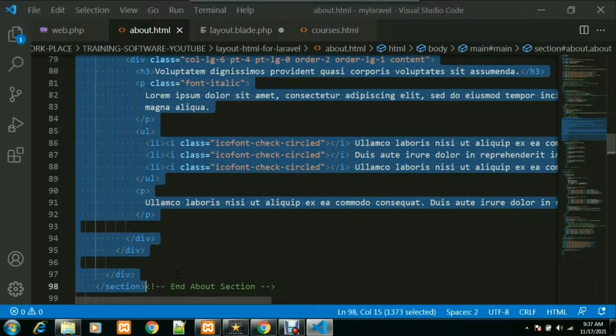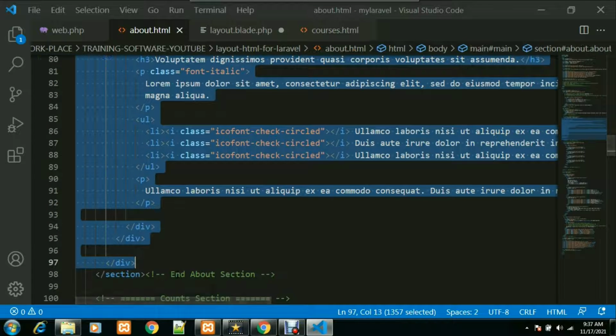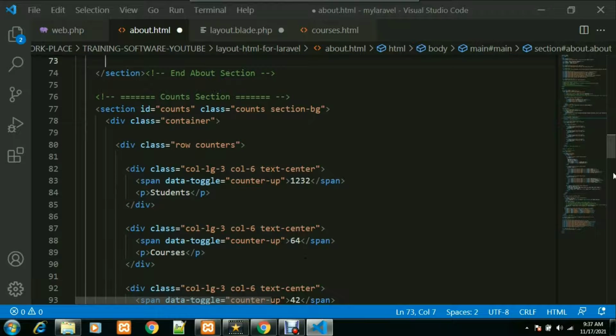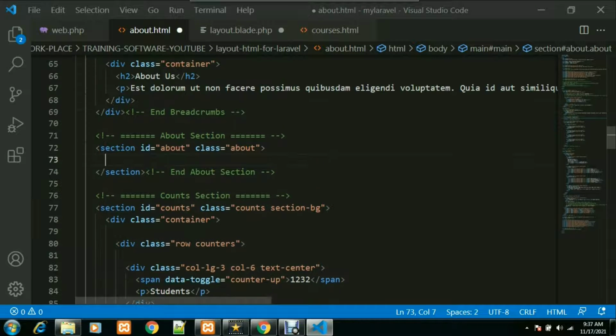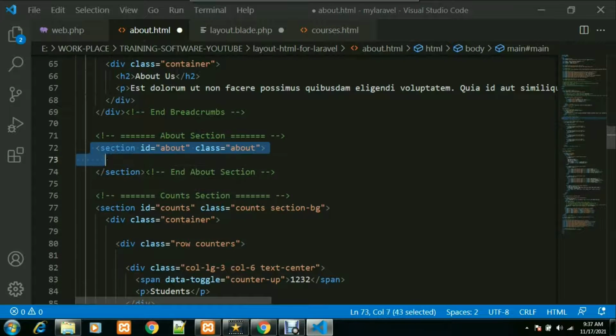And this is the end of the about. Just Control X, and I'm just removing this thing. Now if you see, this section is completely blank right now, because inside this section I will display my dynamic